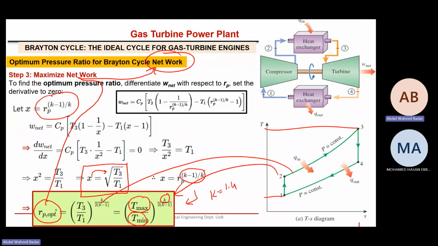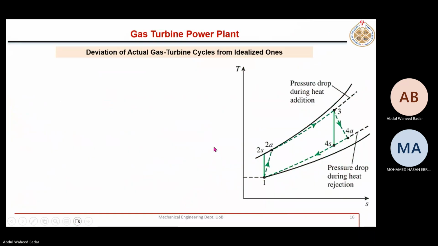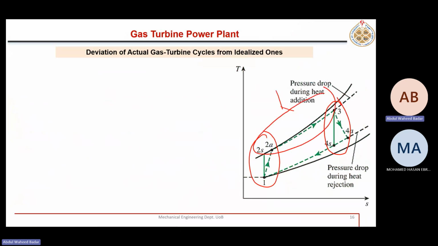Any question? So far we have discussed ideal. Actual will be non-isentropic compression, non-isentropic expansion. Pressure drop in the heat transfer process, heat addition, and there will be pressure drop in the heat rejection processes. In this chapter, we are